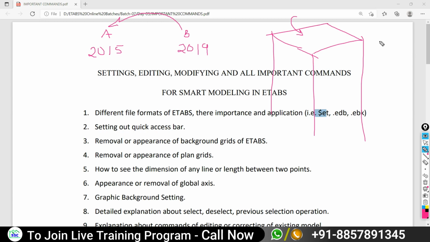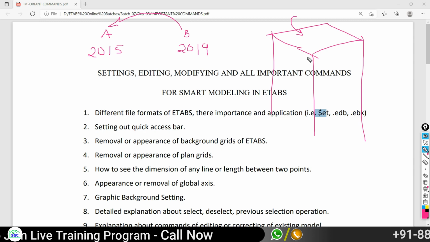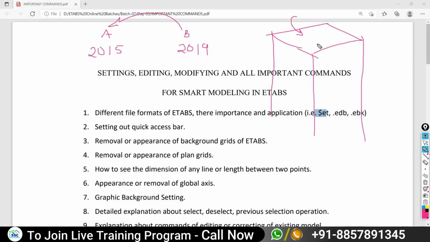All advanced means all revised codes in this 2019 version. Just for example, if you are talking about loading, for a G plus 20 floor building, suppose all kinds of loads were assigned, like earthquake load, wind load, dead load, superimposed dead load. All kinds of loads were assigned to the structure.